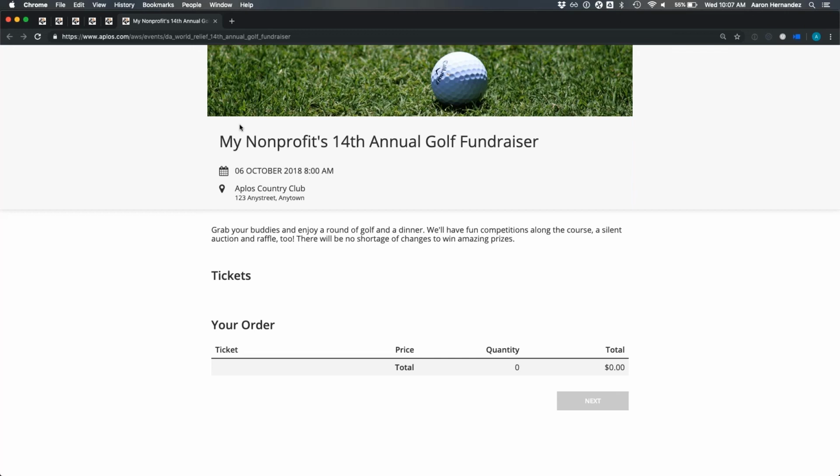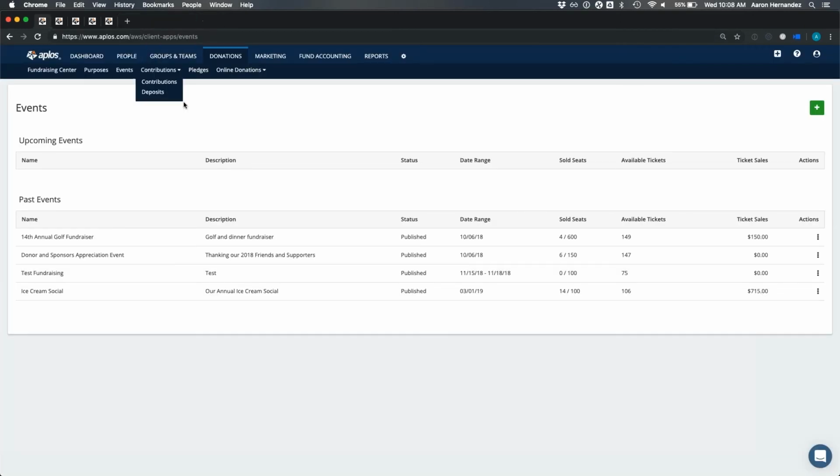As far as the tickets go, you can do both free tickets as well as paid tickets. So if you just want someone to register for an event, you can set up a free ticket for them to purchase, which would allow them to register for the event at no charge. If it is a paid ticket, you can put a cost to that ticket so that they can pay the